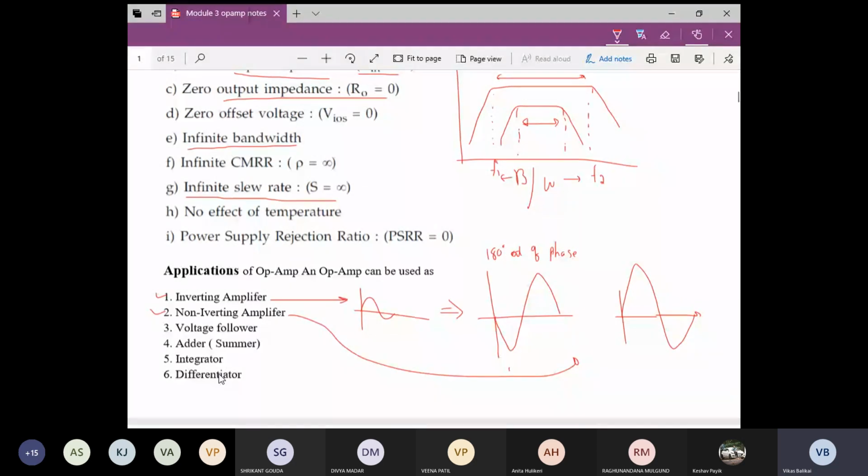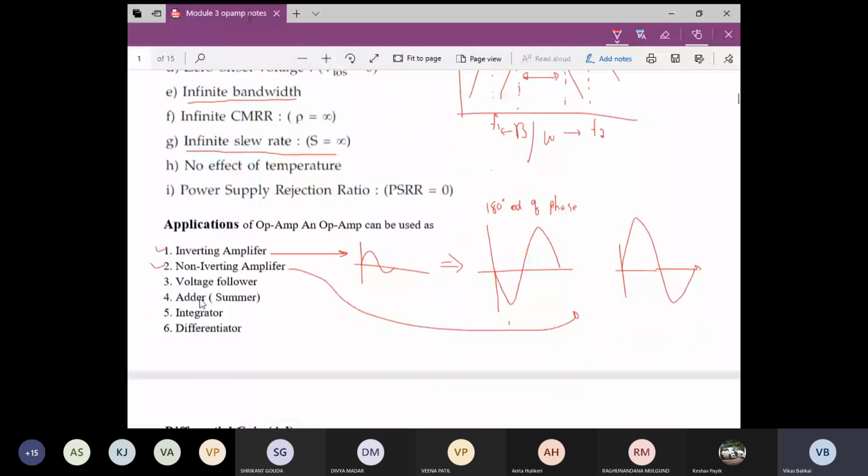So normally we try to use this in our calculator. Now we use the calculator for integration applications or differentiation applications. So all these things we frequently use in our calculator. Basically, to perform all those operations inside your calculator, in the form of an IC, op-amps are integrated in order to perform all these functionalities. That's what we'll be learning in some of the next lectures.